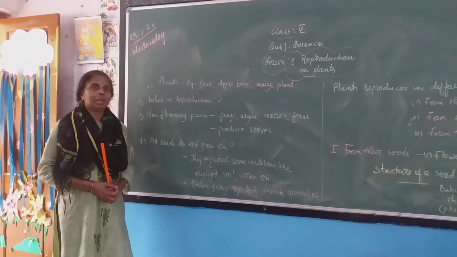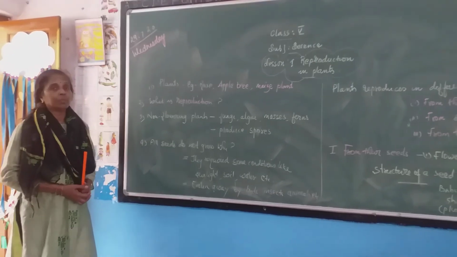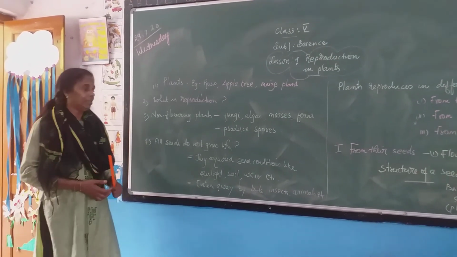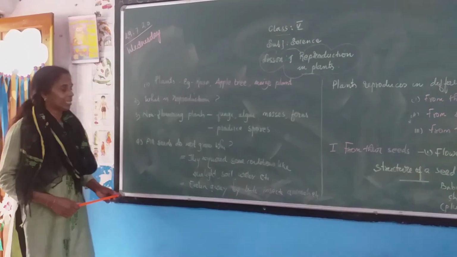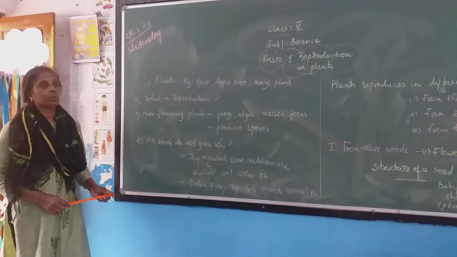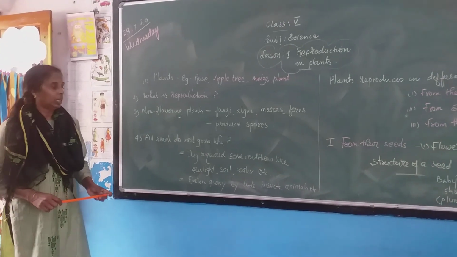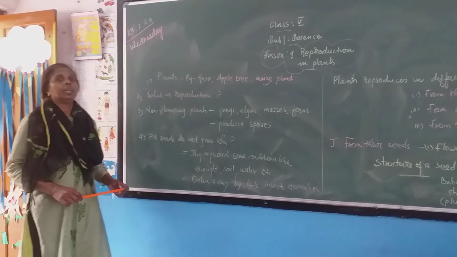Then some seeds will be taken away by insects or animals, or they will go away by winds. All this will happen. So all the seeds do not grow into new plants. Then we know